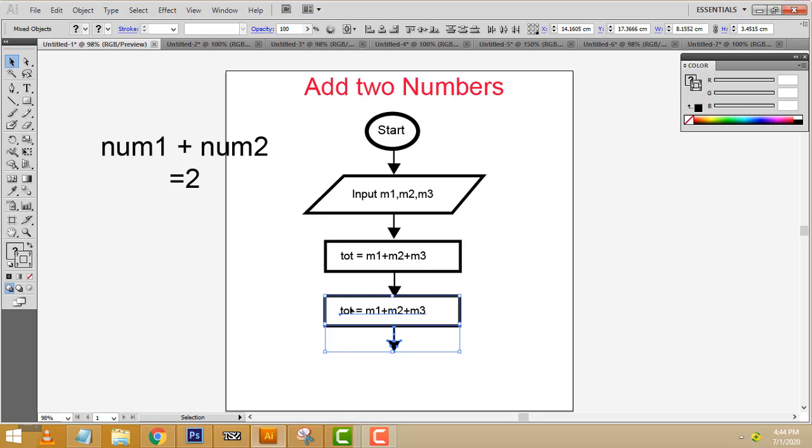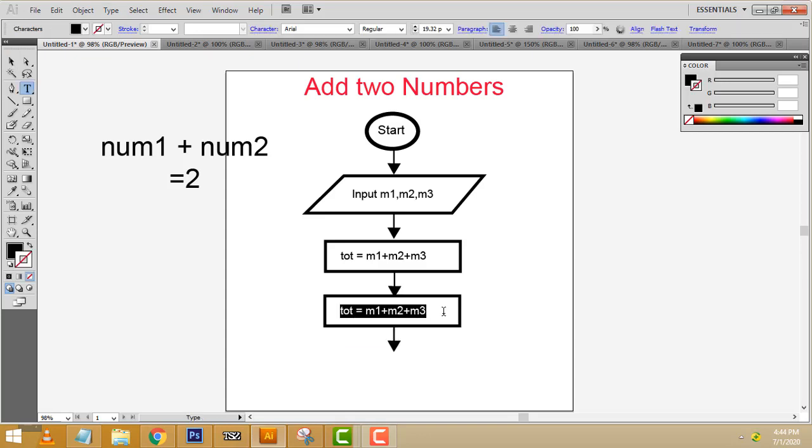Now this one should be the average. How to calculate the average: average equals total divided by 3. Why do we divide by 3 here? Because we have 3 subjects.